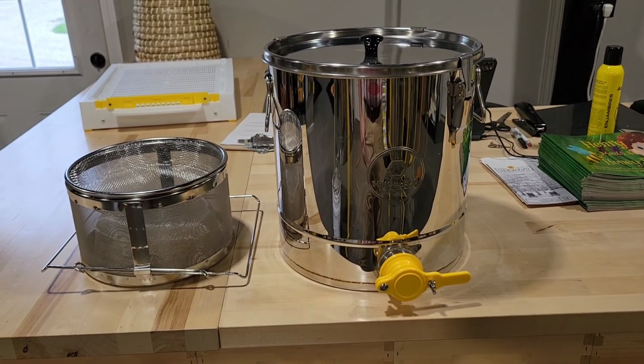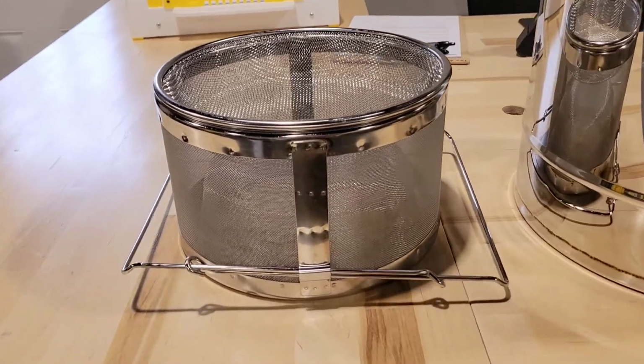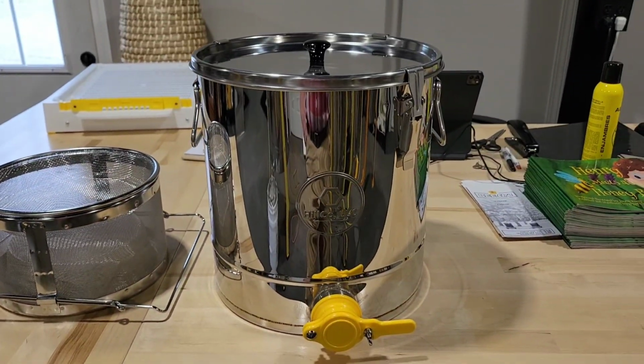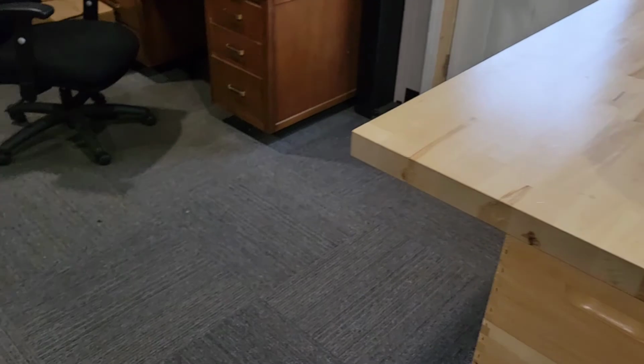I wanted to introduce you to a couple of new honey filtration options that we have. We have the jumbo honey strainer here on the left side, and then our 5-gallon honey filtering and bottling tank. Wanted to introduce these things to you because if you're like me,